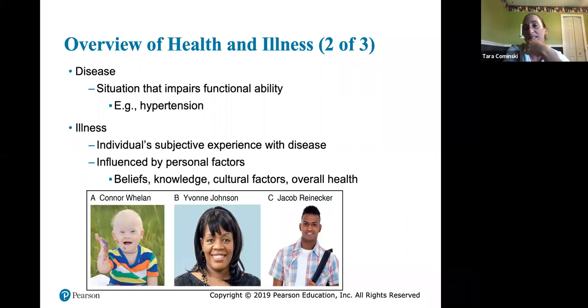So I think the idea is that you can have a disease and not really be ill at the moment, right? You can also be ill and not necessarily have a disease, or be diagnosed with a disease. A lot of times we use the terms interchangeably, which is fine. But if you really think about the difference, illness brings in the patient's perception, whereas disease is the diagnosis you were given based on your symptoms and your patient history and what have you. Questions, guys?